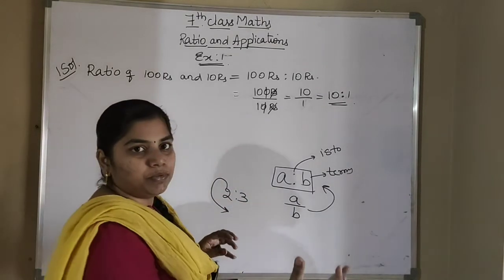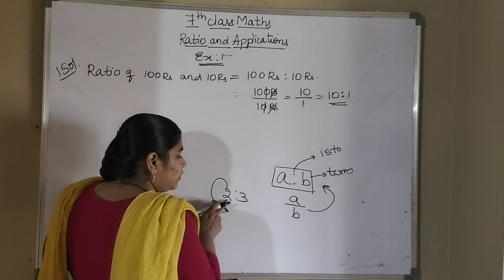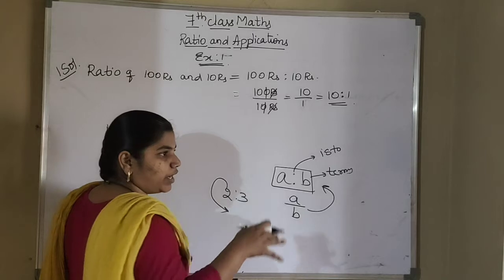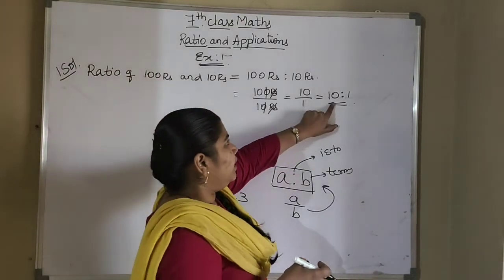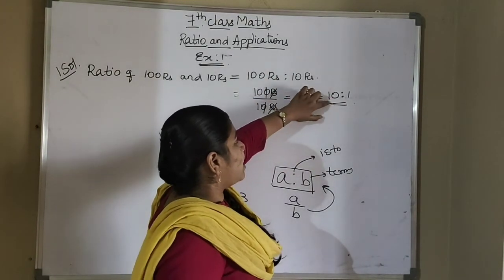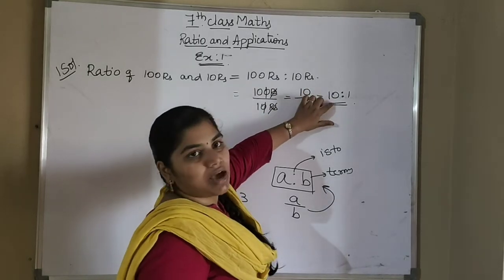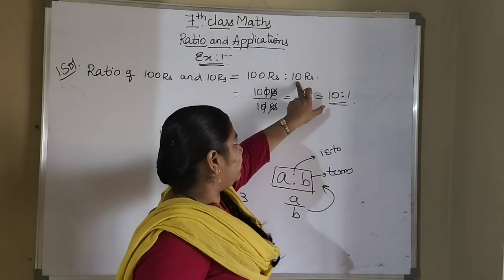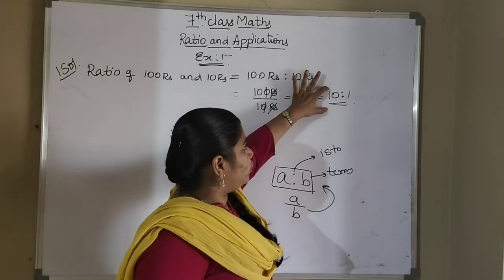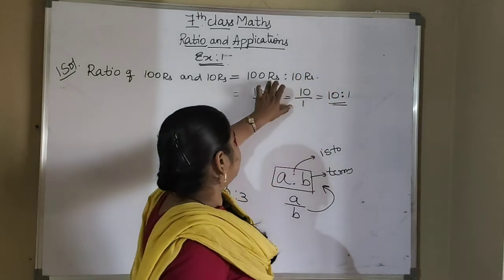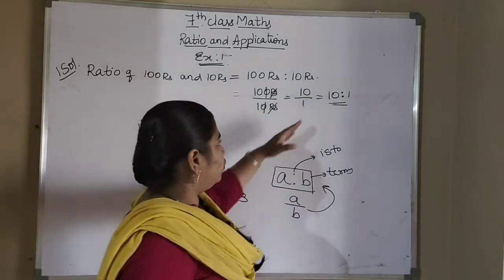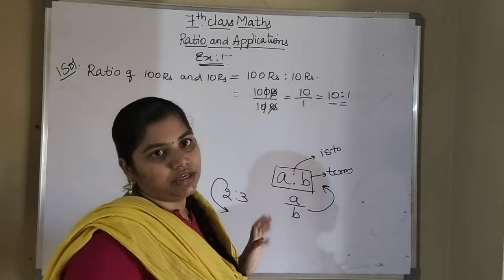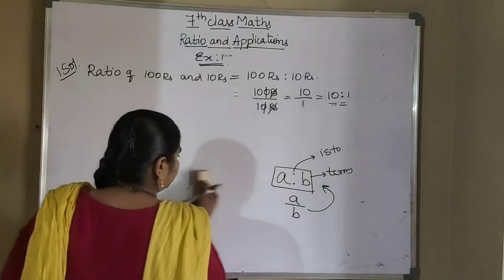And if you want to find the result, the ratio will always be in the form of multiples of that value. The answer will be in the form of multiples of 2 and multiples of 3. Not only this 2 and 3, if you have any other ratio, the answer is in the form of multiples of these values. 10 into 10 will be 100. 1 into 10 will be 10. So again, if you take the multiples of these two, the result is again the question. Okay, again you got the same question here. So this is called a ratio.